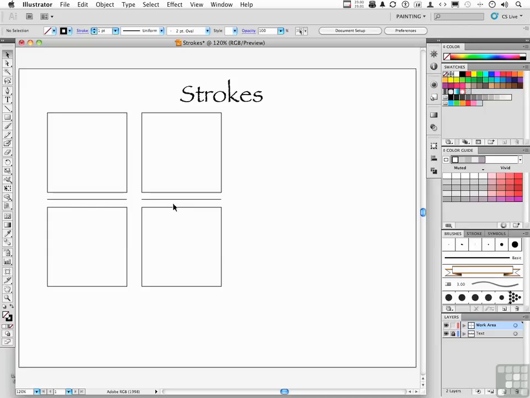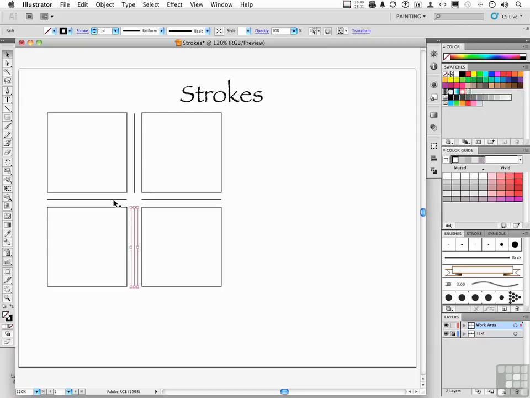I want another one of these off to the side. Hold the Alt key down and drag it again. Come to a corner until you see a bent arrow, and rotate it. Hold the Shift key down to keep it vertical. Make that one and place it over here. Again, if it's not exactly where you want it to be, use your arrow keys to nudge it around. That's what they're there for. Hold down the Alt key to make a copy down here. Fun so far,